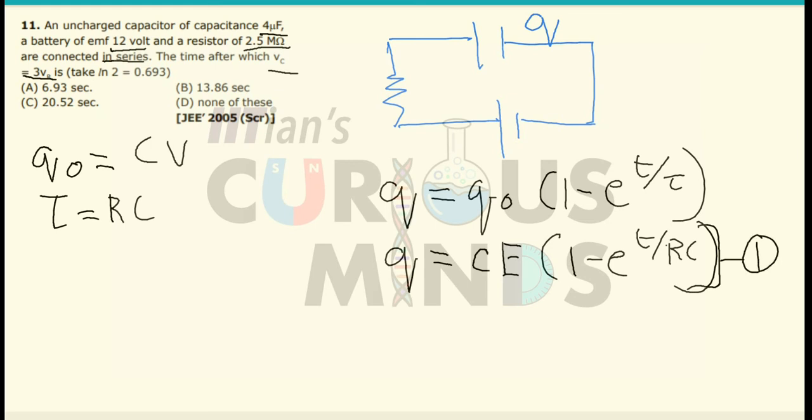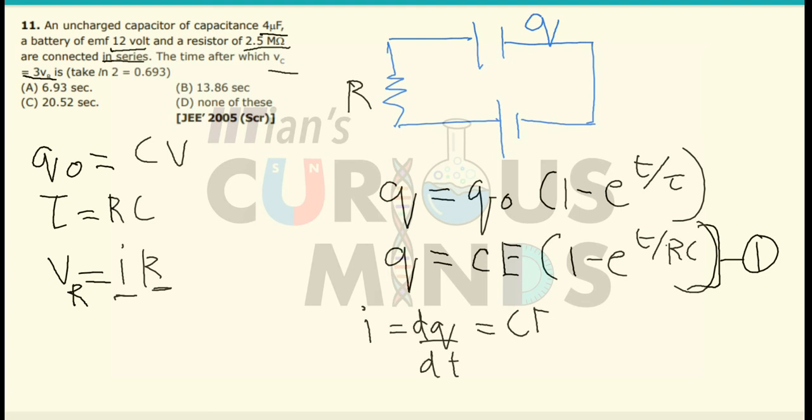Let this be equation number 1. Now when the capacitor gets charged, initially there will be maximum current flowing, and the current will diminish, and finally the current will become zero when the capacitor gets charged completely. So the voltage developed across the resistor at any point will be given as I into R. So basically we have to find the I; we know the value of R. The value of I can be found by differentiating this part,